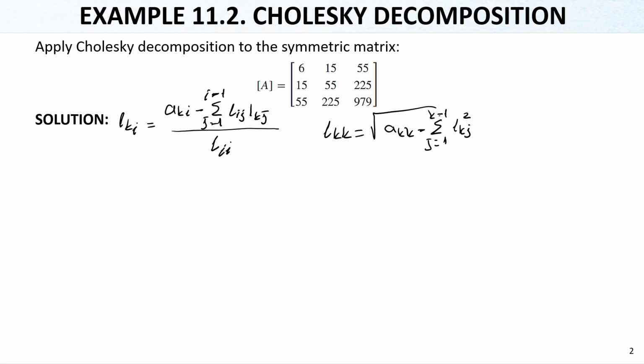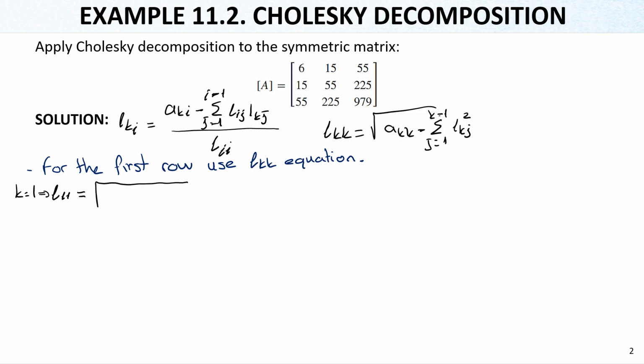So let's write here, maybe with blue. For the first row, use the Lkk equation. Only the second equation is enough. And for this, we will have first L11. So when k is 1, L11 is equivalent to the square root of Akk, which is A11,